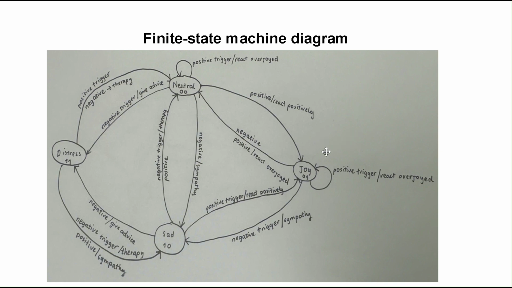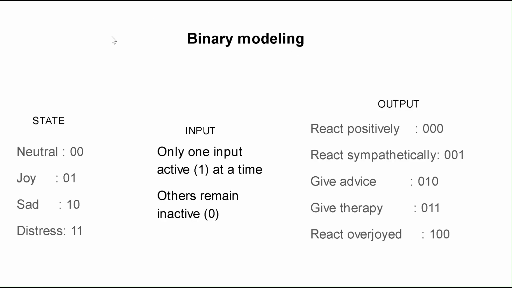So here is the quick example of how my machine works. As you can see, it's quite similar to the vending machine. When it meets the threshold, the machine will reset the score and use the remaining score to move to the next state. So here is the binary modeling that I use to encode the human input